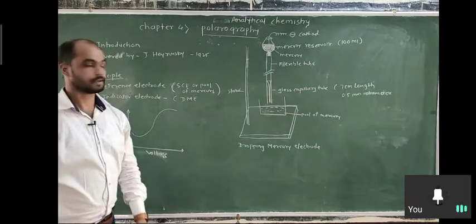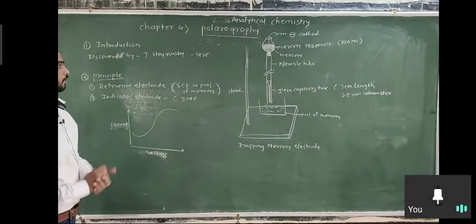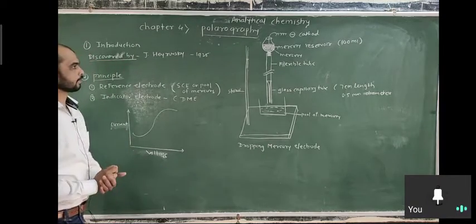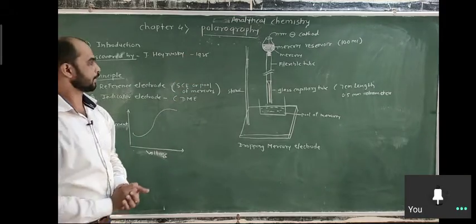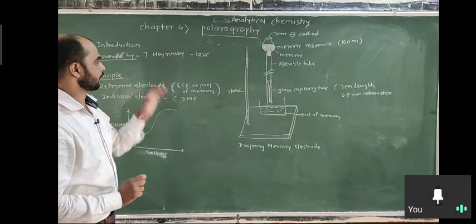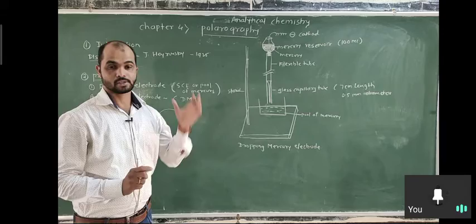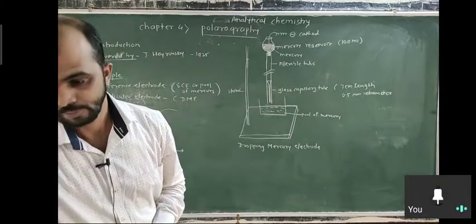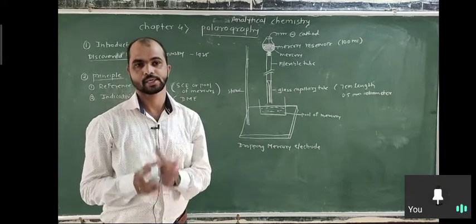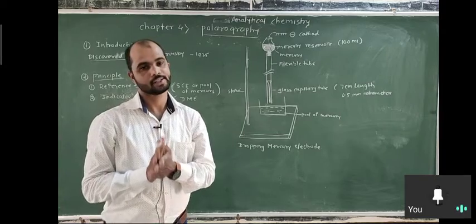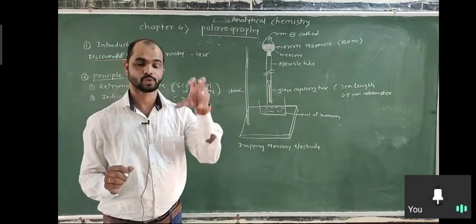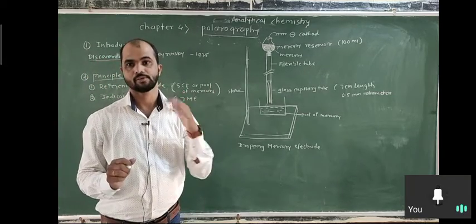In polarography, the first point is introduction. The polarography technique was discovered by Heyrovsky in 1925, and due to his work he won the Nobel Prize in 1952. This technique is a branch of chemistry and it is considered a branch of voltammetry. Voltammetry is related to the current and potential relationship in that technique. Here, when the potential is applied on one of the electrodes and current is passed,